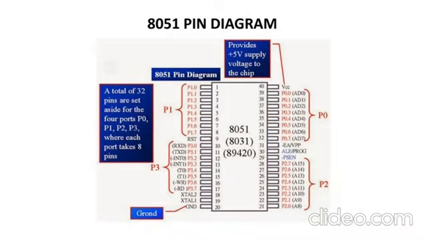Yeah, ALE. ALE is address latch enable and it is an output pin. So now, whenever I have the address and data buses at port 0, this pin is used to demultiplex this address and data bus. Whenever I want the address bus, it emits the address bus. Whenever I want the data bus, it emits the data bus. So for that reason we use ALE, address latch enable.